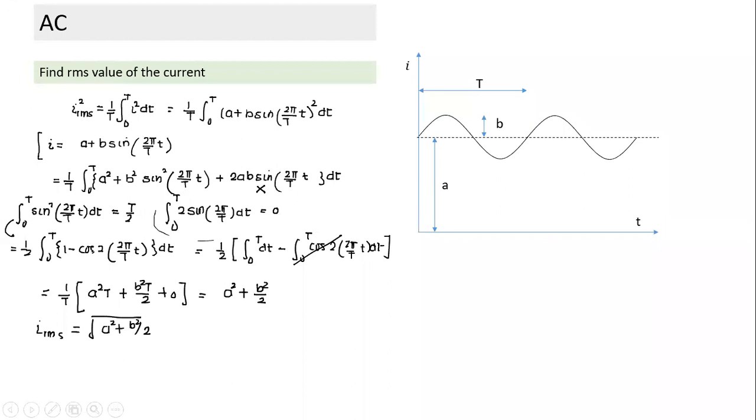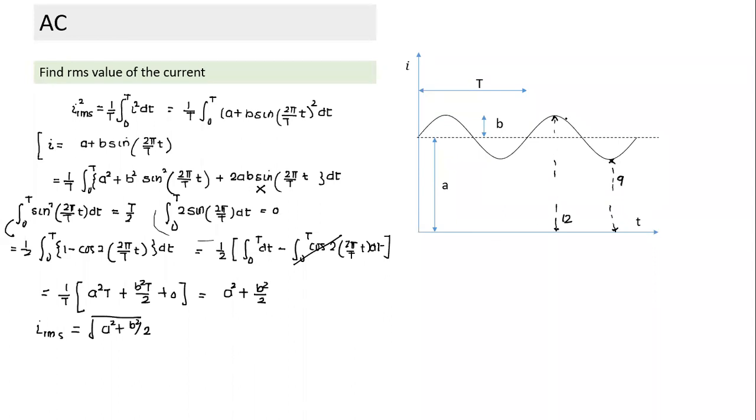What are the other ways I can look at this? Okay, so that's a step by step we can solve. Sometimes the question may be given something like this. Suppose the question was given, it is varying, and the maximum value is given as say 12, and the minimum value is given as 9. What will be the RMS value if it is given like this?